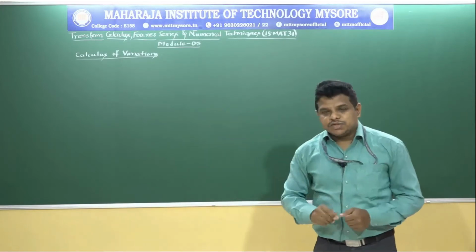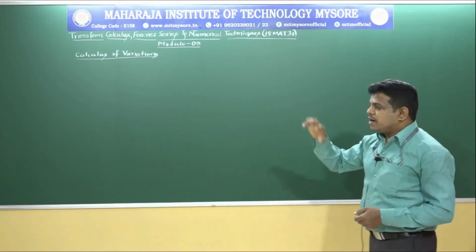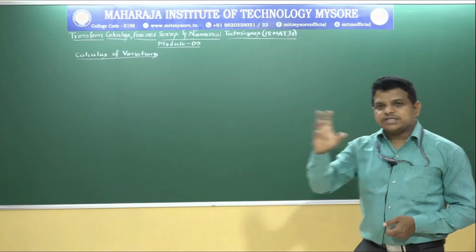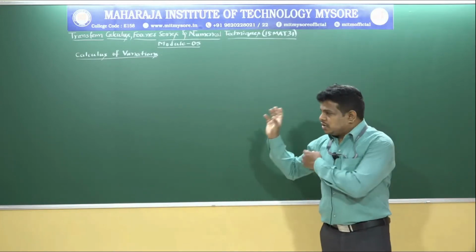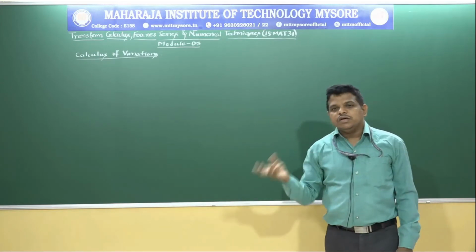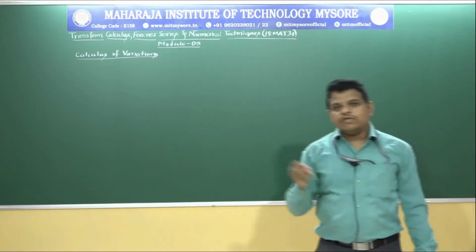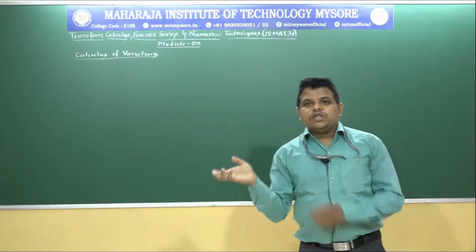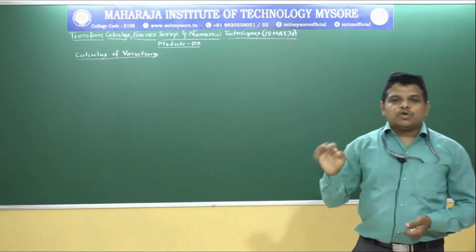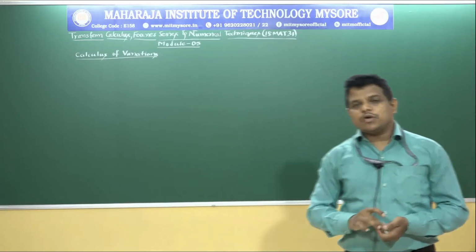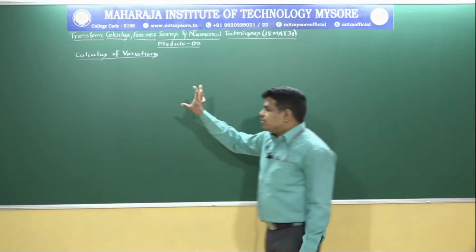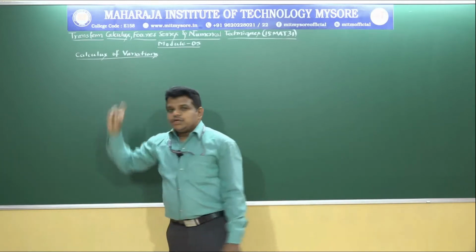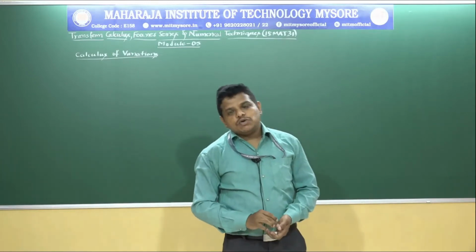In your previous semester, you have found the maxima and minima or extreme values. Maxima and minima is also called extreme values. You have found extreme values of the function of two or more variables. Another method, that is Lagrange's method of multipliers, you have solved problems regarding that method in your previous semester. Going into the topic calculus of variation, we shall know some of the important applications of calculus of variation.